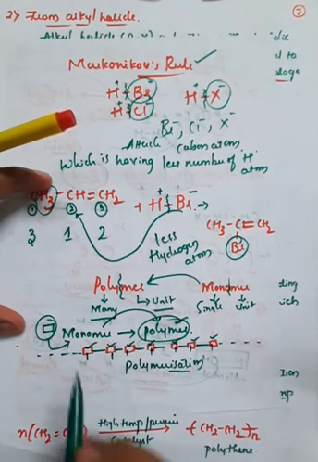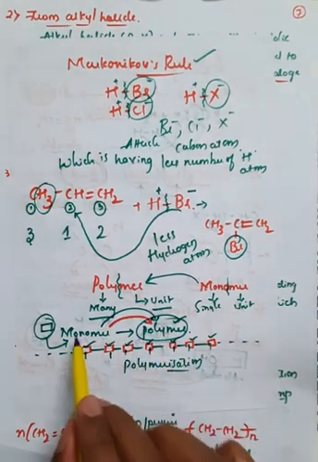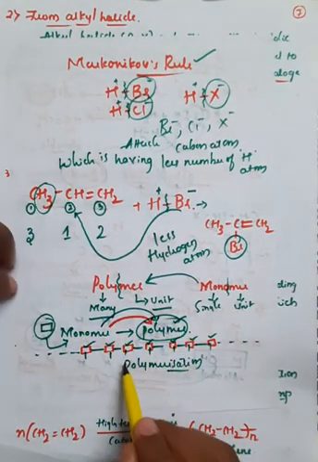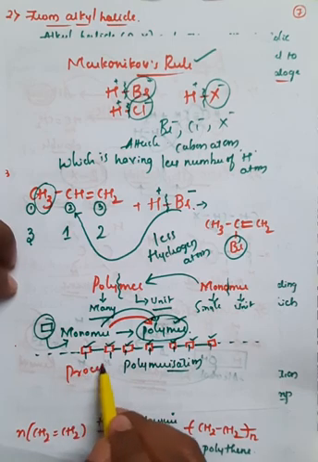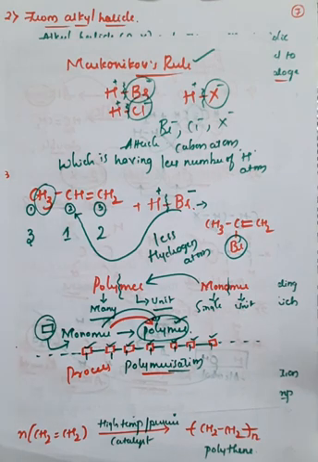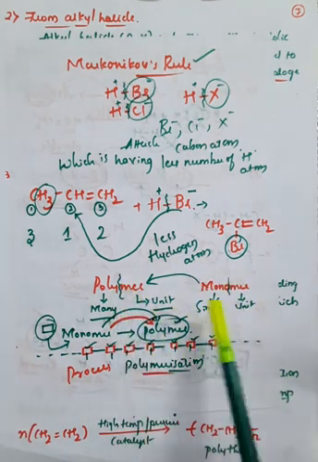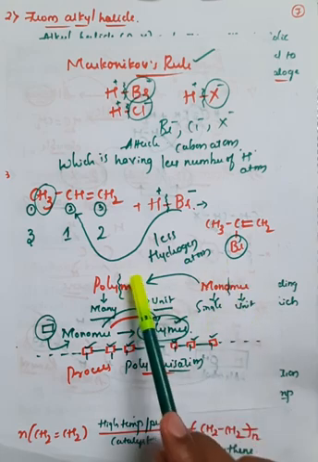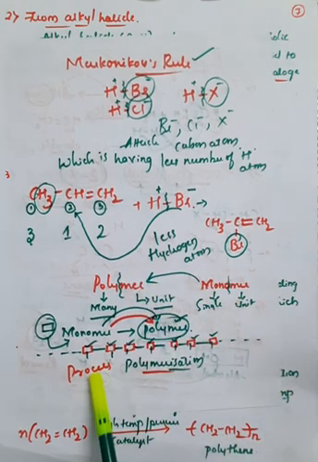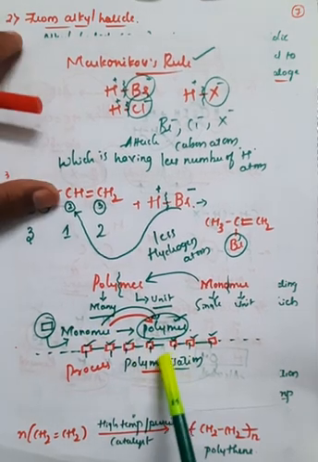Polymerization is nothing but the process of conversion of monomer into polymer. Whenever you convert monomer into polymer, this process is called polymerization. Understand that the word polymer means many units, and monomer means the simplest unit or a single unit. So whenever single units are continuously joined, they convert into polymer, and the process of conversion of monomer into polymer is called polymerization.